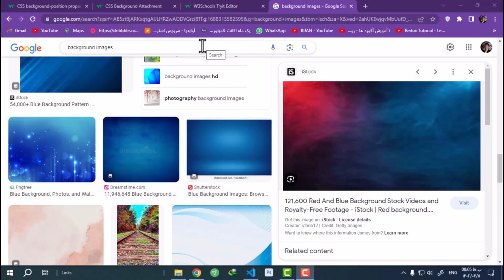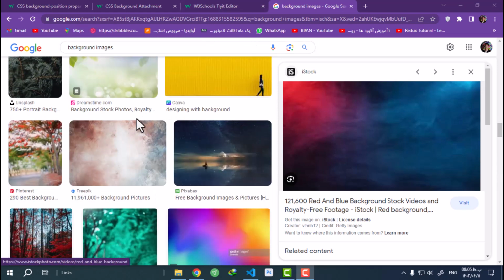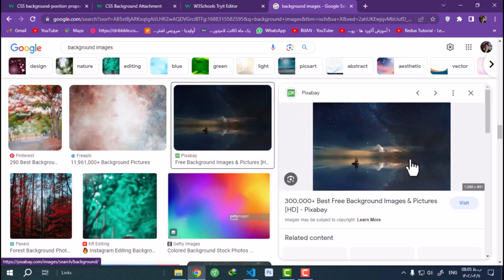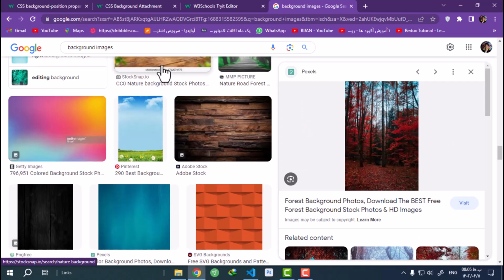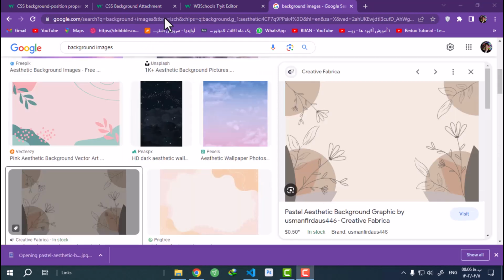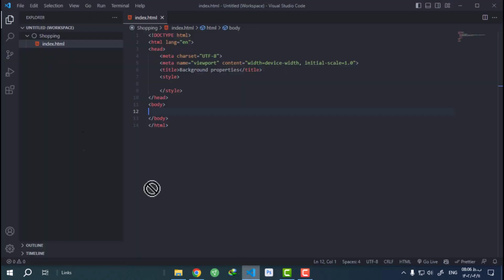This lesson in CSS is about using background in CSS. Now I want to download the background for my example. Okay guys, I downloaded this background and I want to set this picture as my website background. I add my image to my